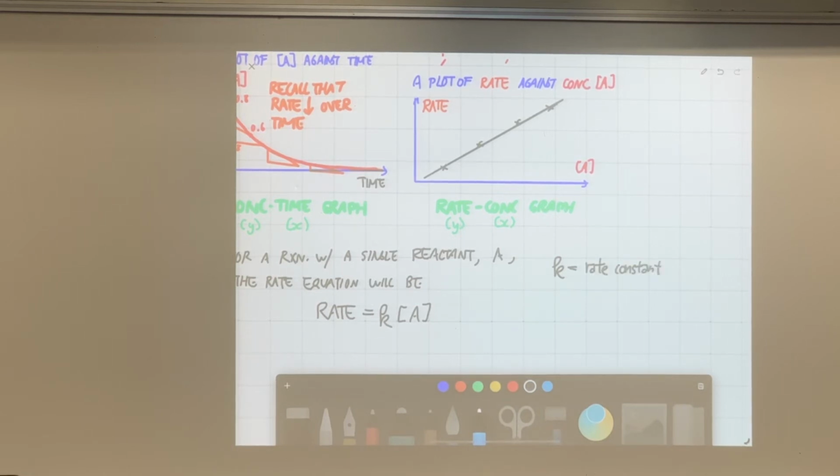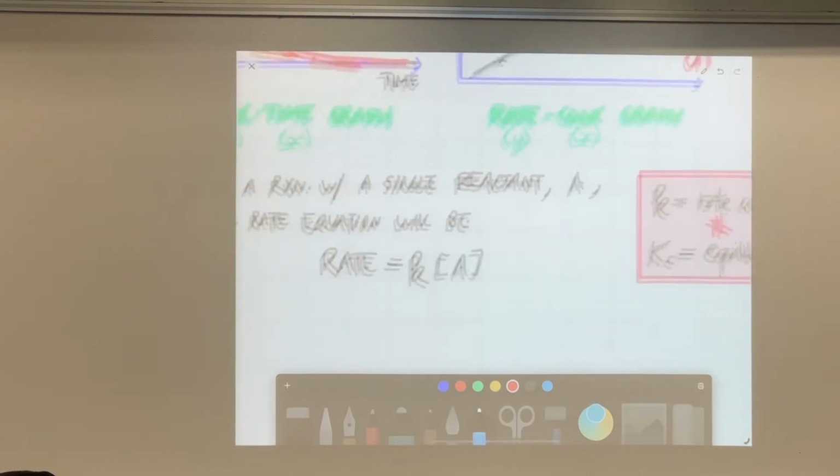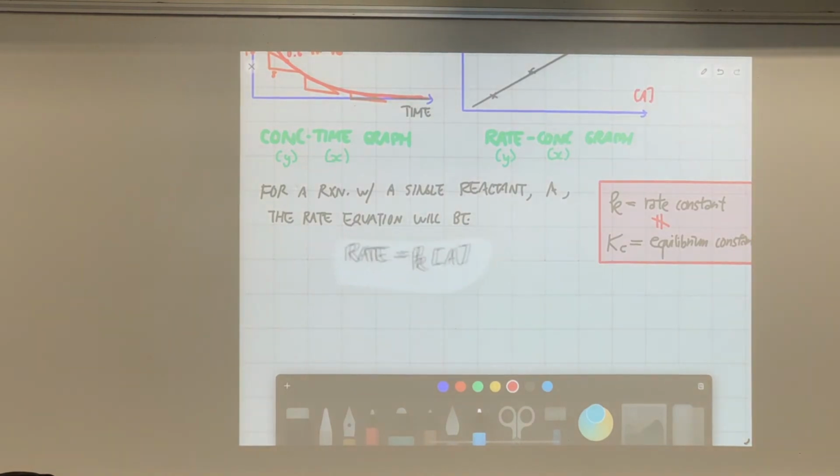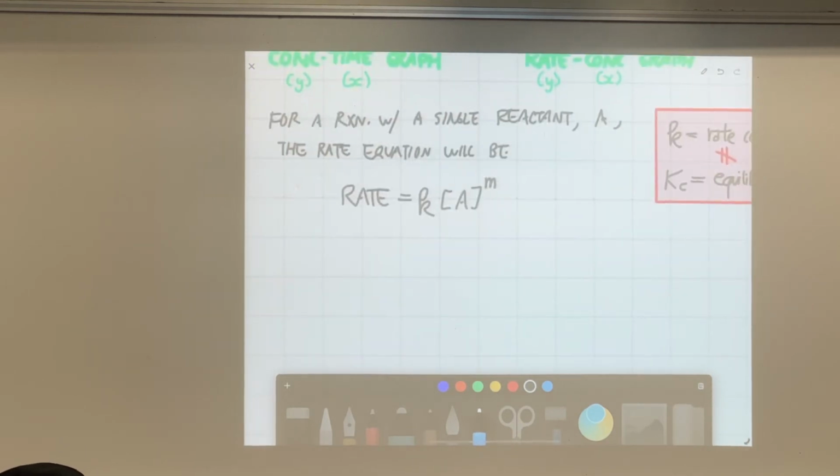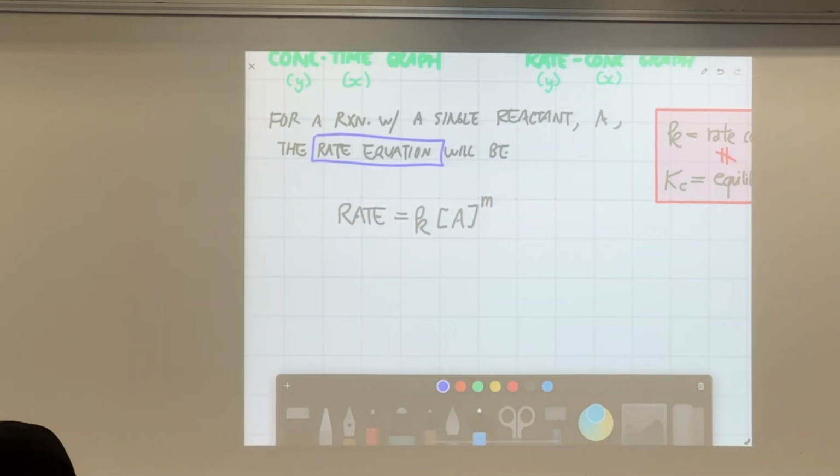You saw another k in another chapter, which is a completely different concept. It's Kc. That's the equilibrium constant. From the name, you know you learn it in 2 different chapters. Rate constant, you learn it here, in rate. Equilibrium constant, you learn it in the equilibrium chapter, but they are not the same. So be very careful when you write this equation. And then we are not done with the equation. The equation will have the concentration of the reactant raised to a power. Okay, so let's look at what this means. The whole thing, we call it the rate equation. So the rate equation is the entire thing in here.